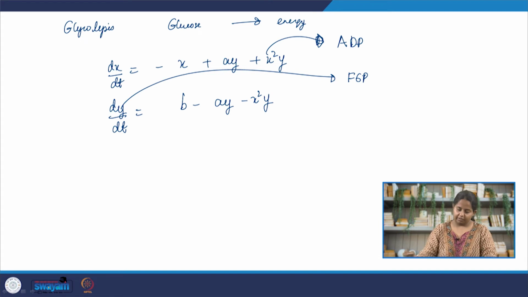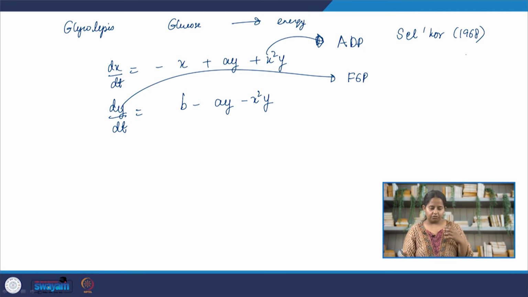the model, and it was given by this scientist whose name I don't know how to pronounce. I'm just going to write it down. In 1968. So, we know that ADP and F6P undergo oscillations, and we want to figure out what kind of oscillations they undergo. Now, one thing that we can do is write the characteristic equation right away, but